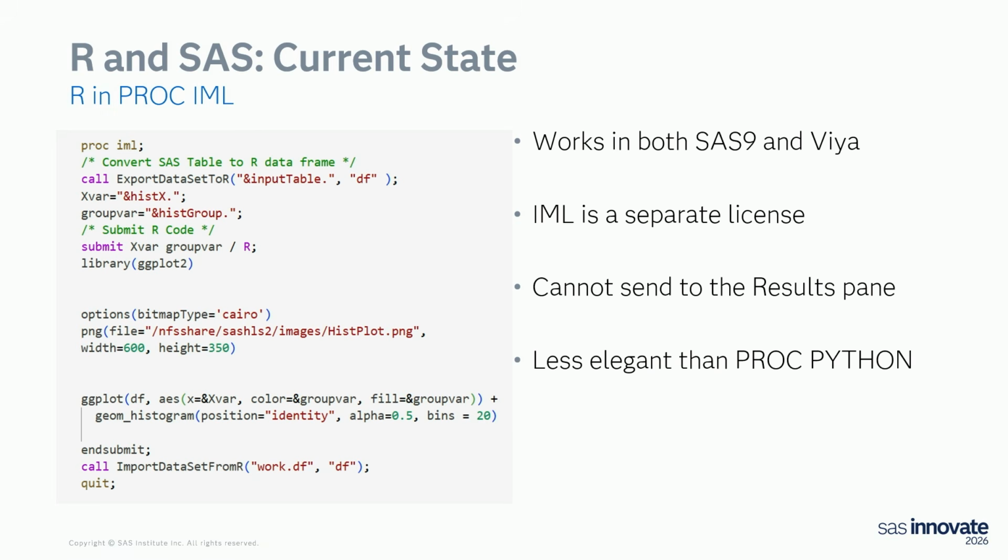And if you've ever done it, you've seen this. And the biggest problem is right here. If you've ever done IML, the idea that if you make a plot, you can't actually see it, right? It doesn't show up in the results window. You have to write it out to someplace in a GIF file or something. Now, there's some proc template nonsense you can do to bring it back in and have it show up in the results window, and I can actually give you that code if you want it. But this was one of the drawbacks of R.